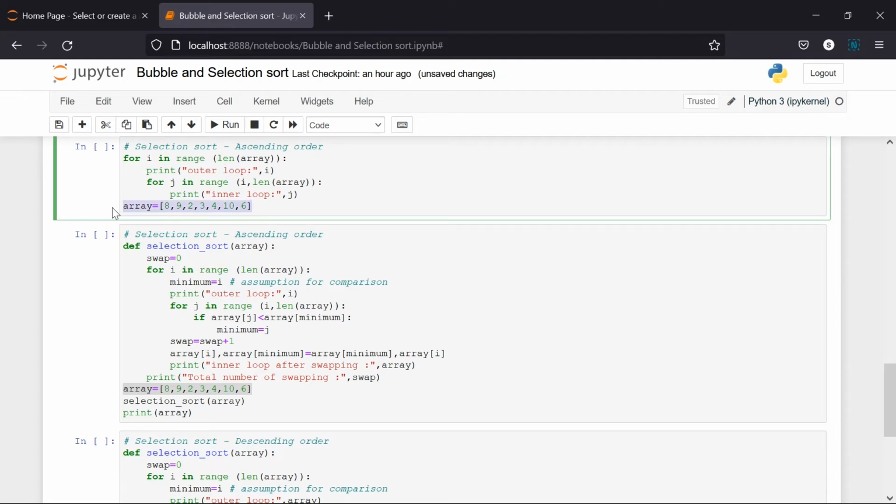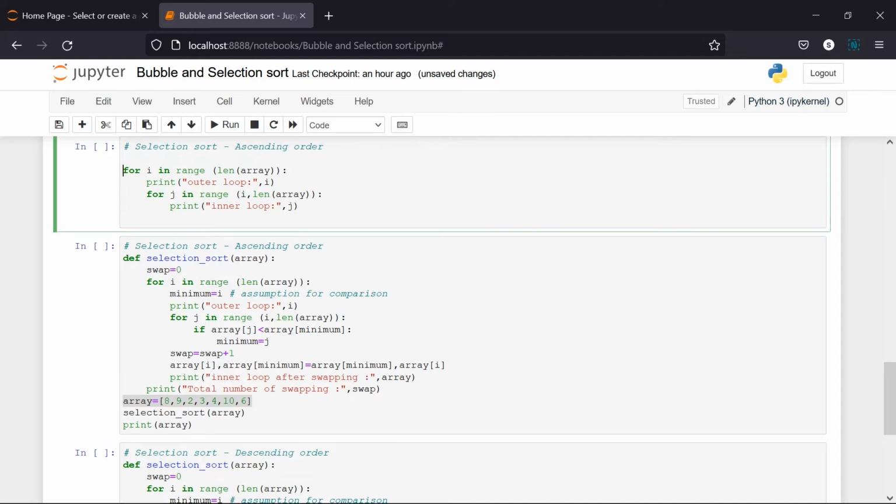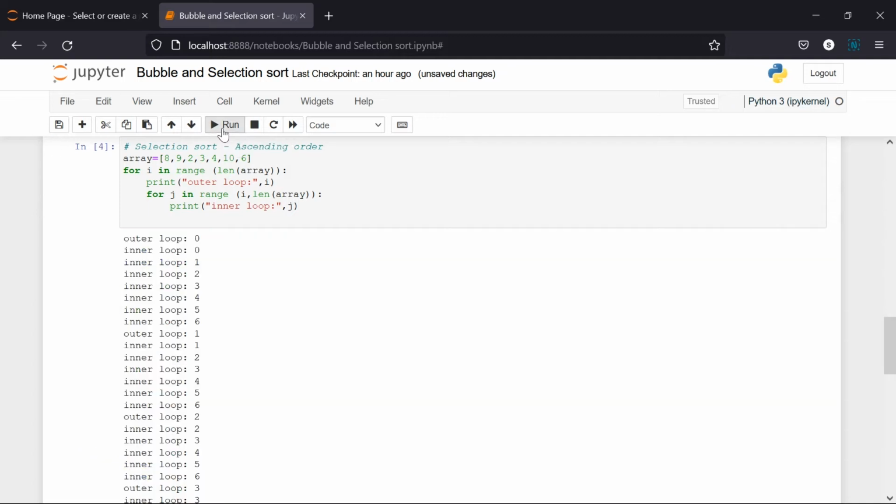So this length of array is going to be your major factor, from which you are going to calculate the length and do further processing. So you just calculate the length. So length will be 7. So the loop has to repeat length minus 1 times, in terms of Python, right? So it is going to do the loop for 6 times. Since the comparison of values is going to be 6, we are going to do it for 6 times. So we can check whether it is running properly.